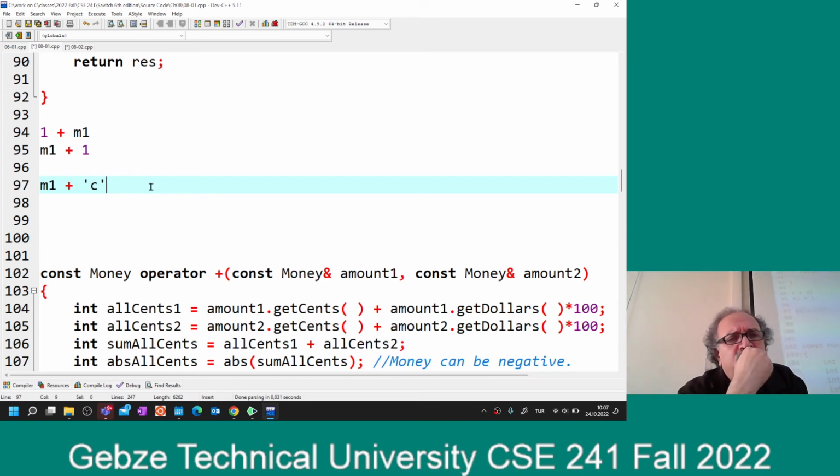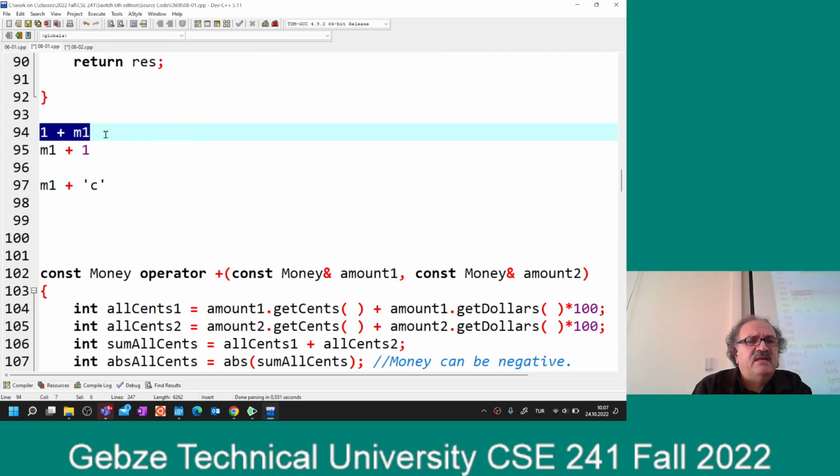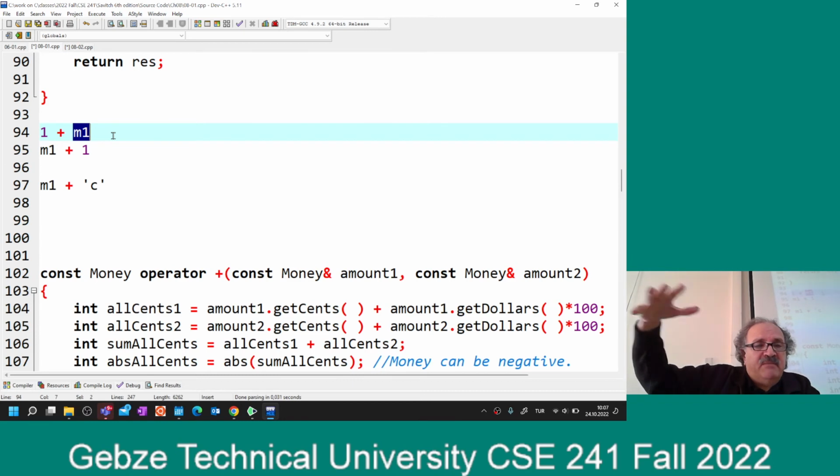I don't understand your question. I mean, when the compiler compiles it, this is a literal constant, right? I know how to write a literal constant. It's an integer. I know that. And the M1 type is already defined somewhere. I defined M1 as a money object. So